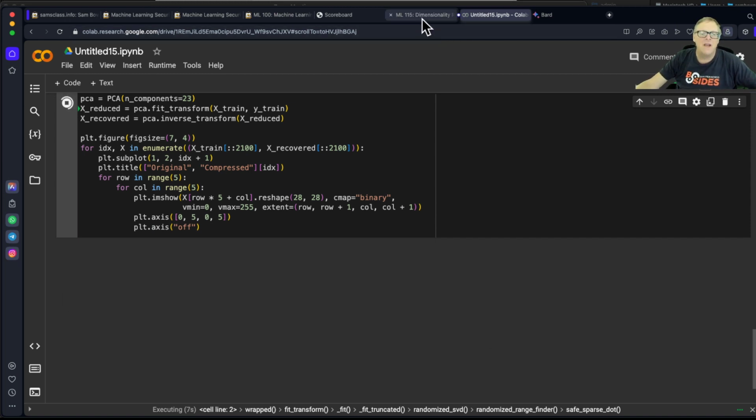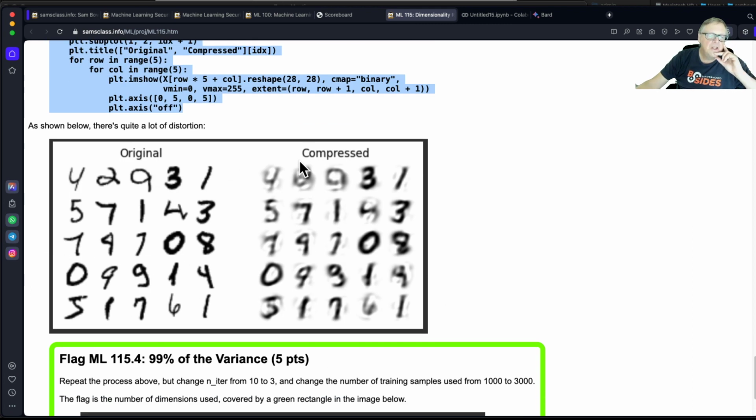Now I'll just go to my answer here. So here's the original, and there's the compressed. So you can see you've done quite a bit of damage to these images, but you've kept enough to keep the main features. There's some sort of gray cloudiness and artifacts, but the important part is still there, the loop and the line. So this is enough information to perform the classification task, and therefore, of course, much